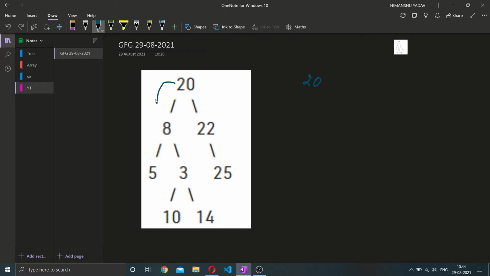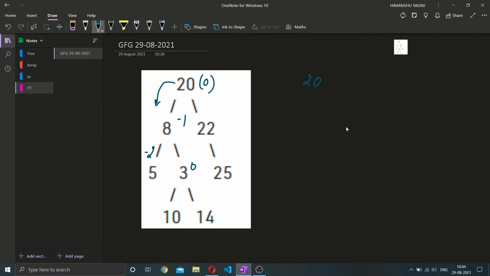I go from 20 to 8, and for the root call the vertical line will be 0. If we go left, it becomes -1, then -2. So if we go left, we decrease the vertical line, and if we go right, we add one, like from -1 we go to 0.